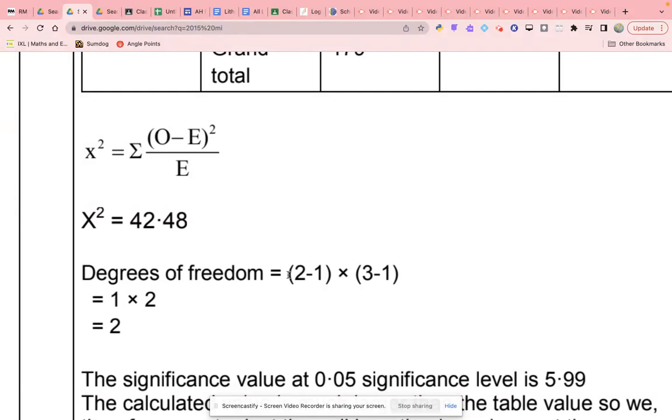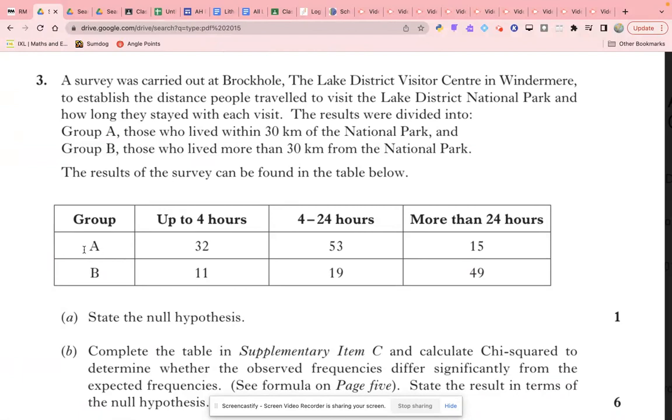Now, the degrees of freedom are the number of rows minus 1 times the number of columns minus 1, or 2 minus 1 times 3 minus 1. I'll just show you where that comes from. So we have 2 rows of data, row A and row B. So that is rows, so it's 2 minus 1. And we have 3 columns of data. There they are, there's the 3, and it's 3 columns minus 1. So 3 minus 1 is 2. So we have 1 times 2. So our degrees of freedom is